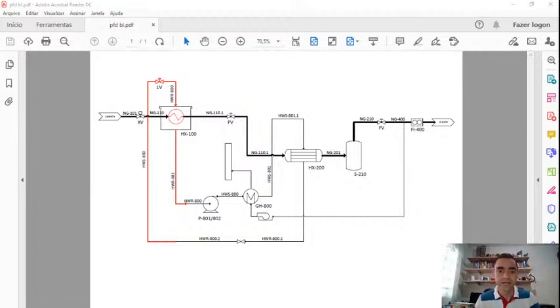Now you can see on my screen a representation of a process. It is a depressurization process, and it is a process flow diagram. When we start a project as chemical process engineers, the first thing you should do is draw your process so that the people involved have a better understanding of what is going on in the project. Here I have a stream that comes from a truck and enters my process, and I have an isolation valve, a pre-heating, and a pressure valve to